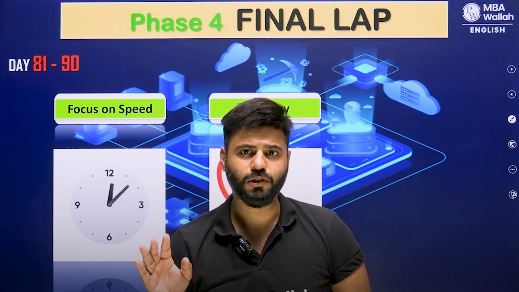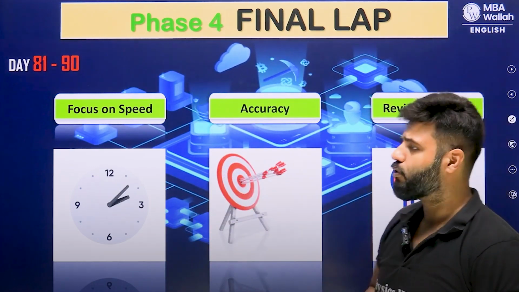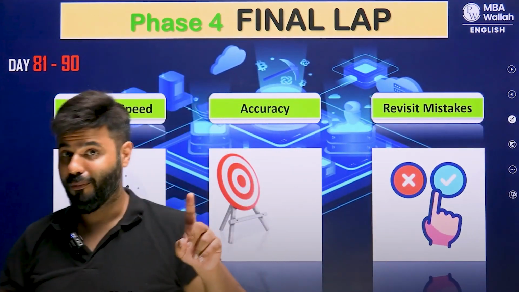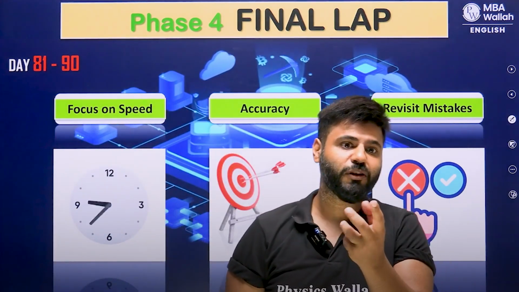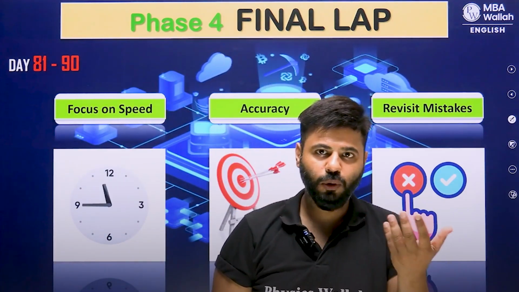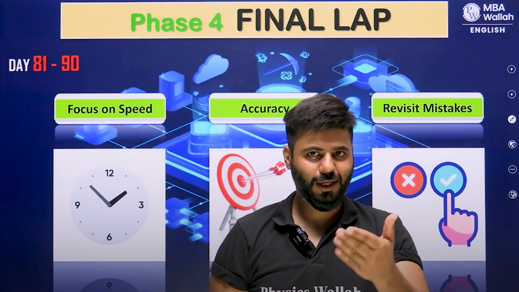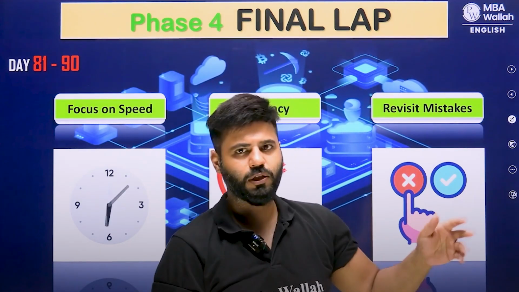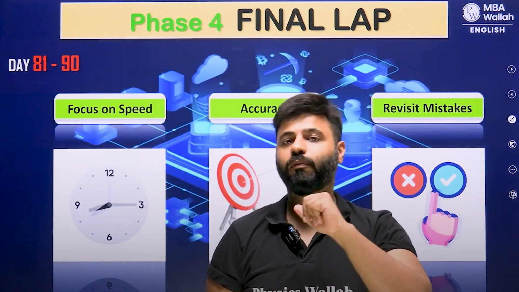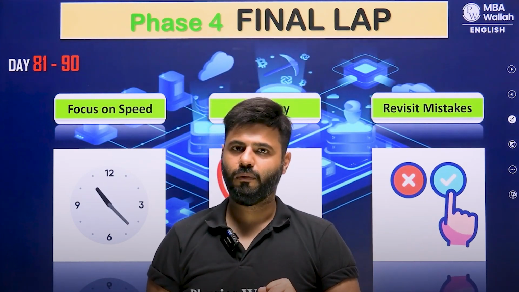So no more guesses. And the final thing, guys, of course, revisit mistakes. Now you have done 10 mocks. They'll help you again. So you understand the benefit of phase 3. Once you are doing those 10 mocks, you have maintained an error log. You know that, okay, I've got these questions wrong, revisit those questions. And automatically you have practiced a lot of questions then, right?